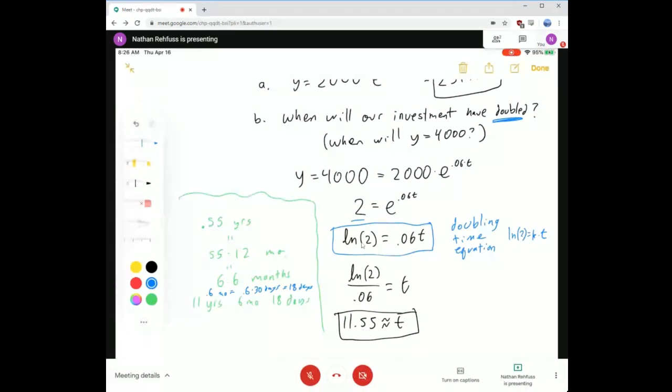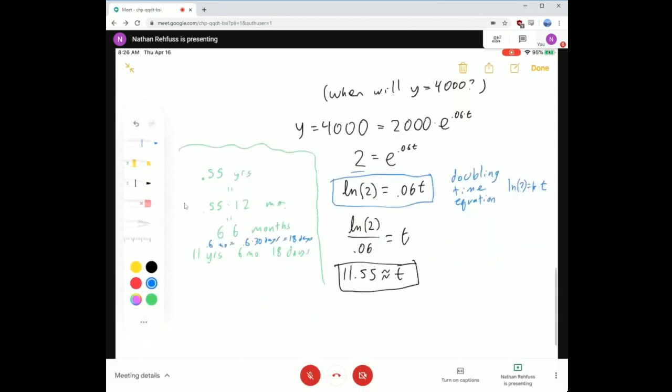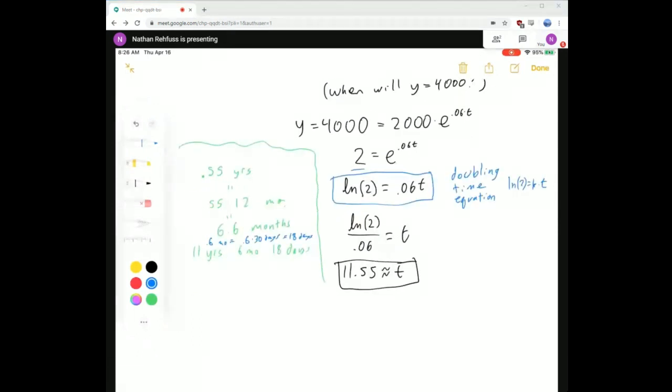But yeah, we can take this as the starting point of a doubling time problem if we want. Natural log of 2 equals k, the rate of change, or rather, not the rate of change, the exponential growth rate is the correct thing to call it, times t. Any questions on this example? Otherwise,